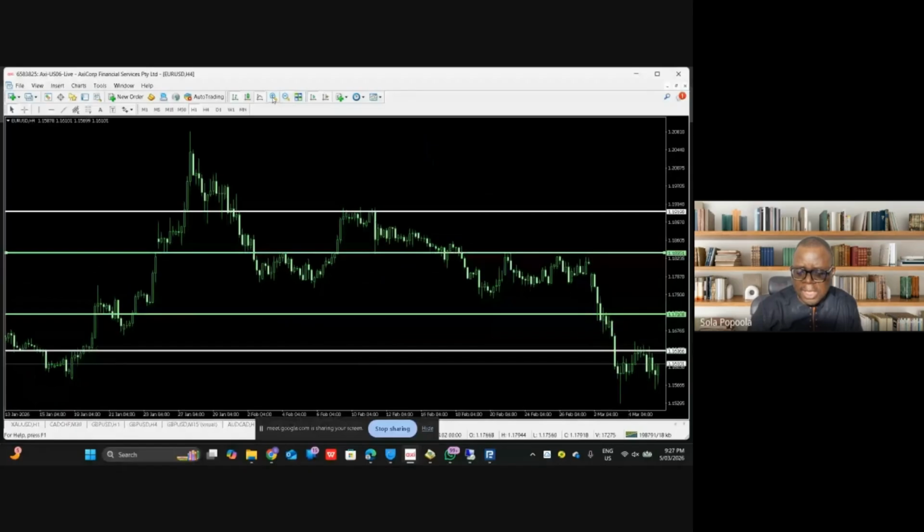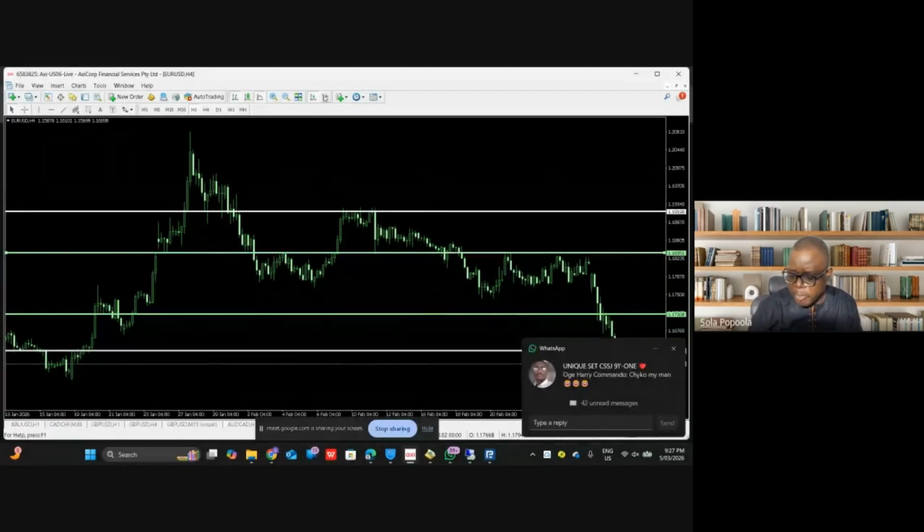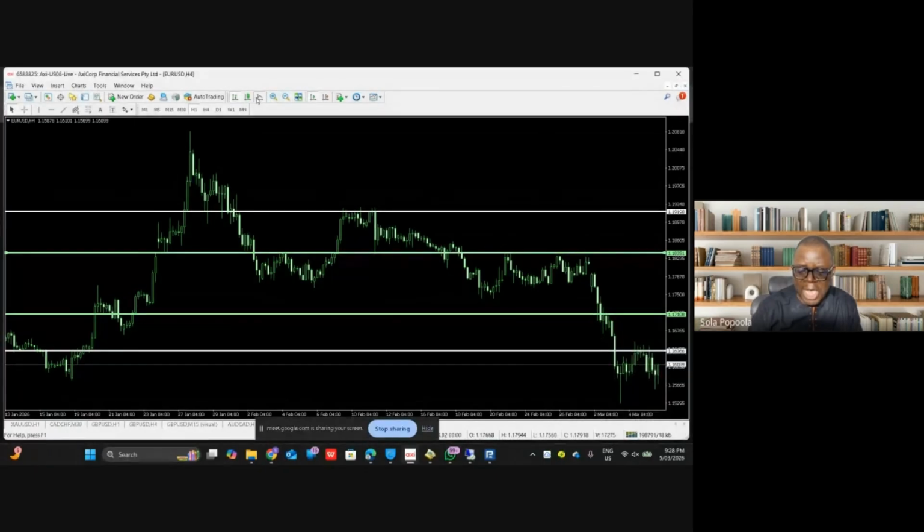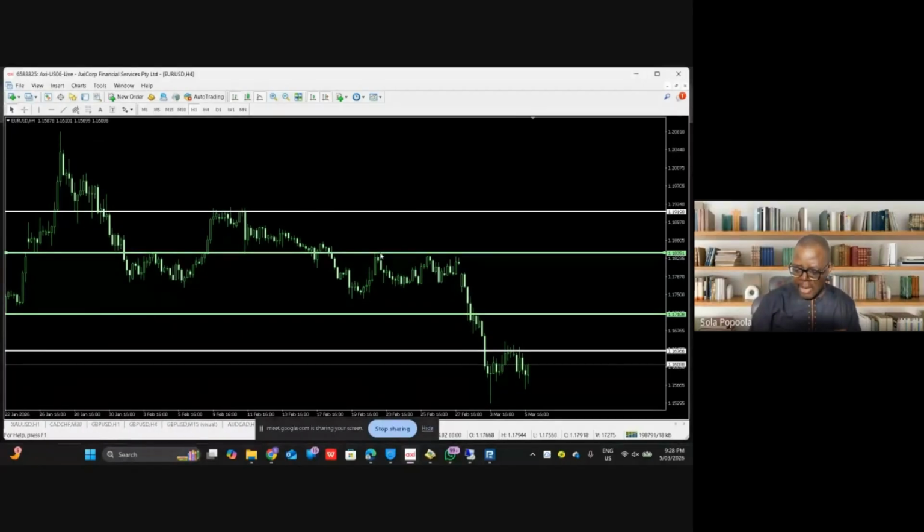Please, I'm just trying my best to see how to simplify it as much as possible, right? Okay. Now, see that line, the line chart that we drew. Look at it. On the 4 hours, if I go to 4 hours,